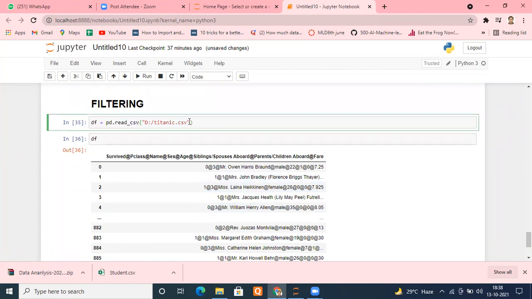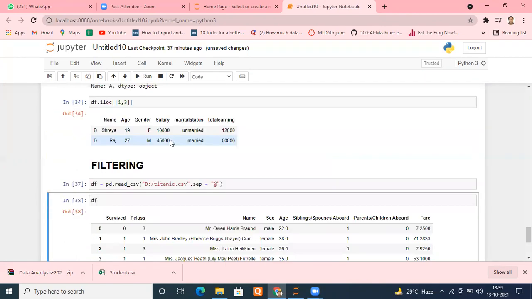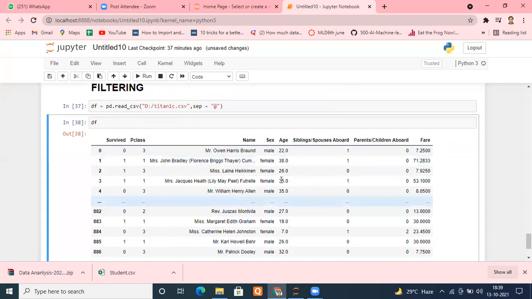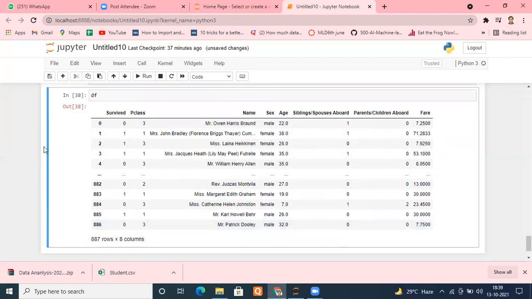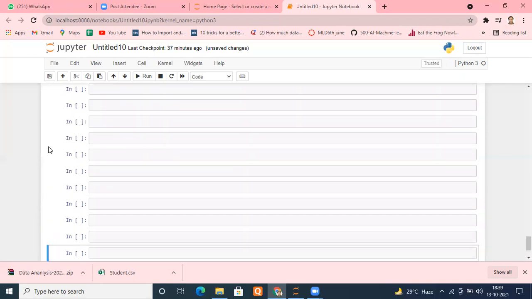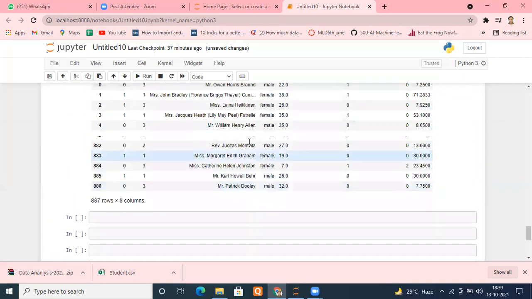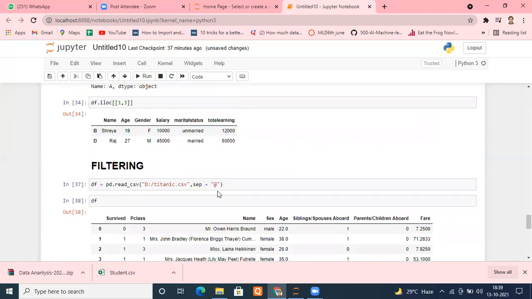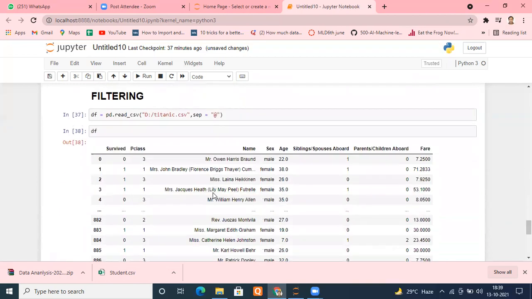So we have to change that separator. We have to put sep equals to that delimiter. That's it, my problem will be solved. Run this, and we'll get our data set back. Perfect. Is it fine, everyone? I'm happy you people are able to troubleshoot. That's very good. Actually, I saw that earlier as well, but I intentionally kept it this way so that you people remember that or not. That's good.